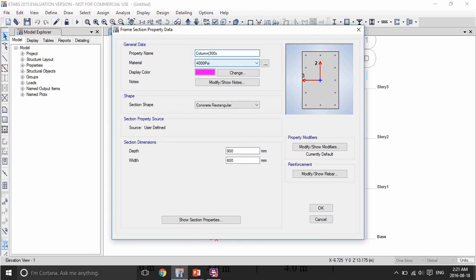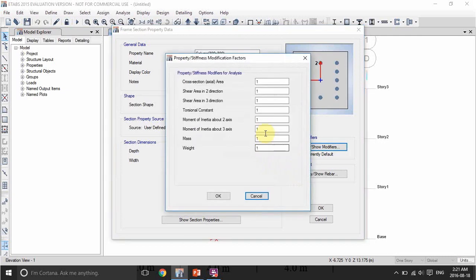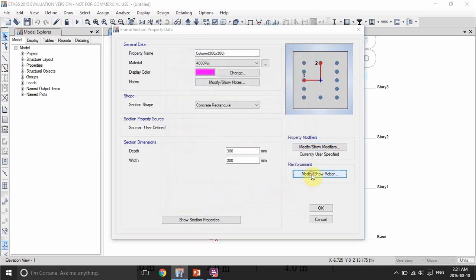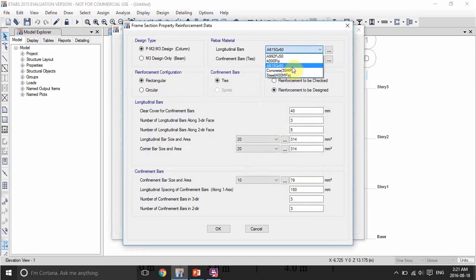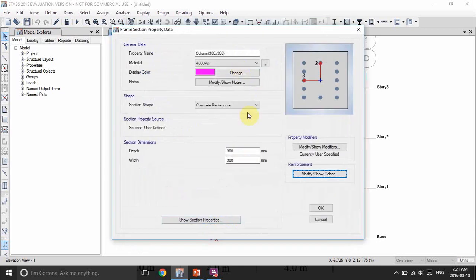300 by 300, and show modifiers 0.7, and of course if you have like a tower or a bridge or something, then you will have many columns and beams. So you will define in this step many columns and beams, and you'll spend some time here, and